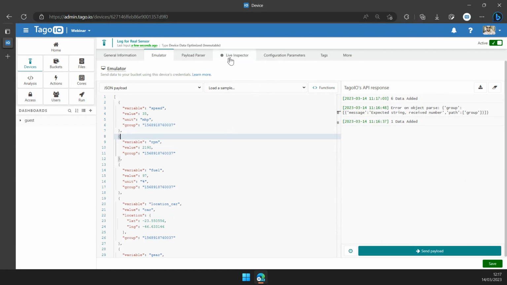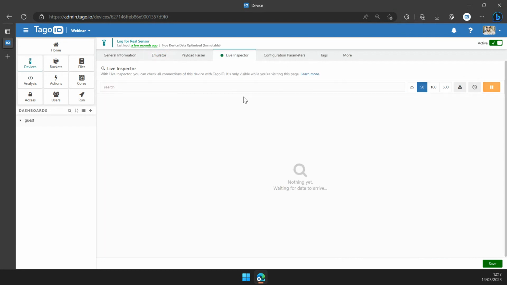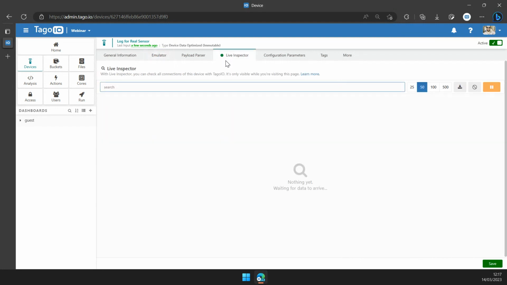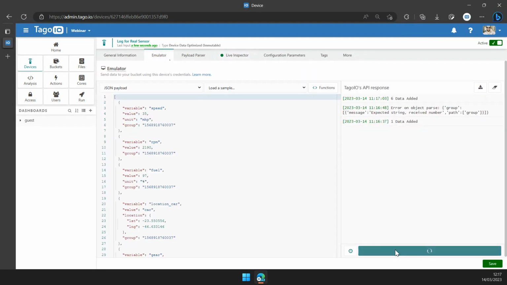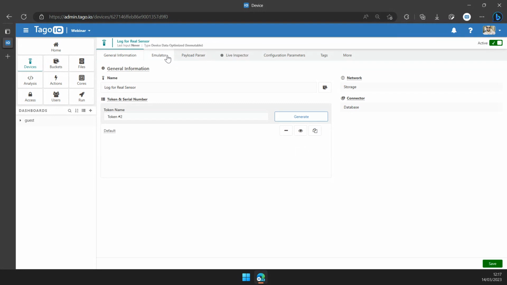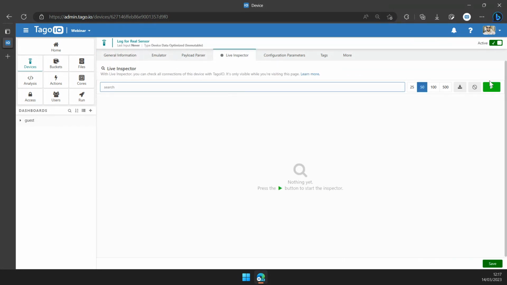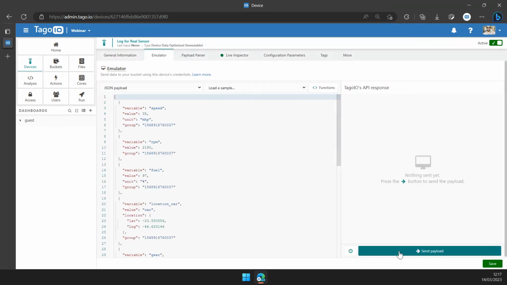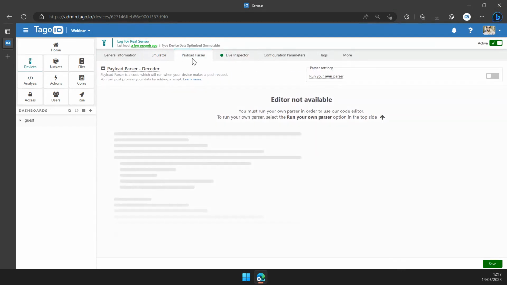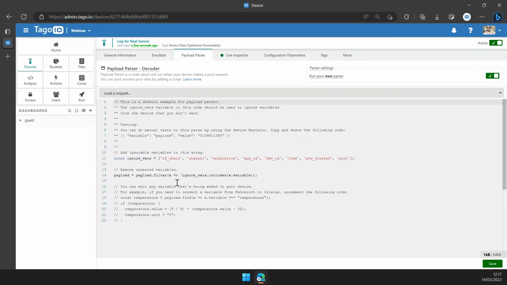Let's just enable my live inspector here so we can have a clear understanding of what's happening. Okay, so my live inspector won't connect. Let me try again. Yes, so for some reason this device did not connect the live inspector. But let's enable my